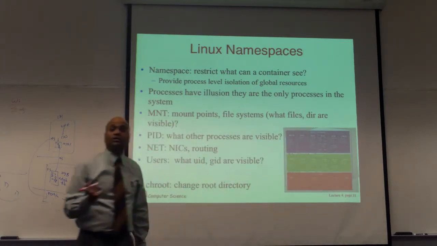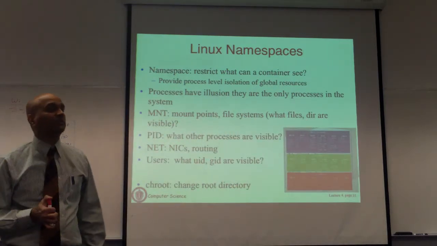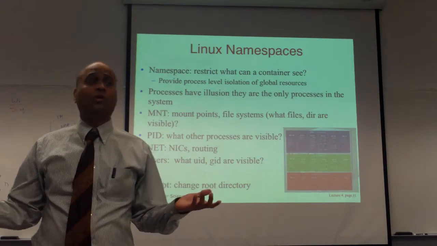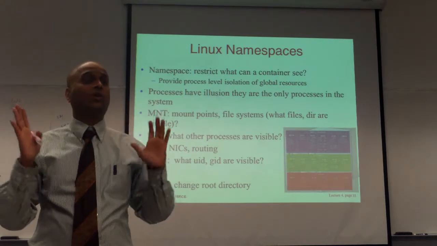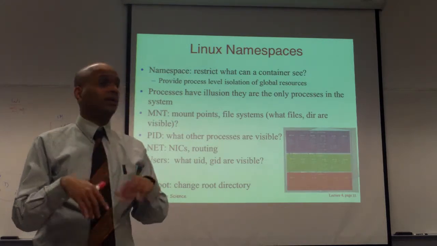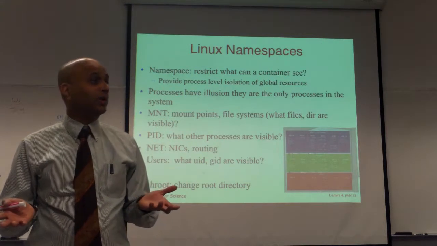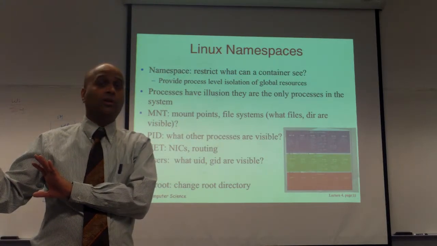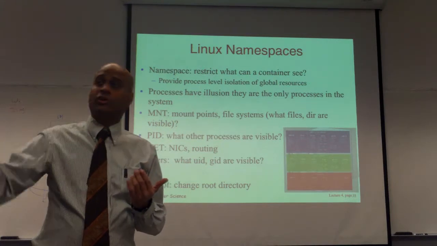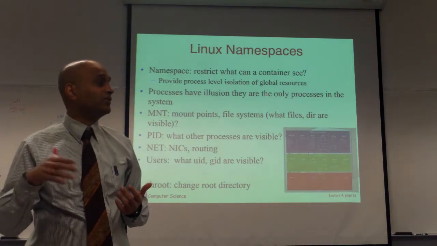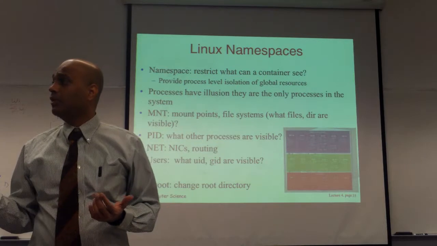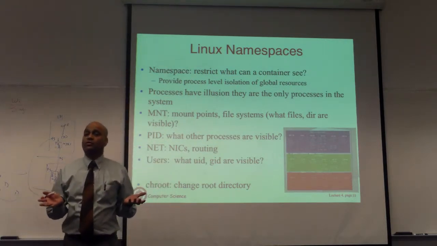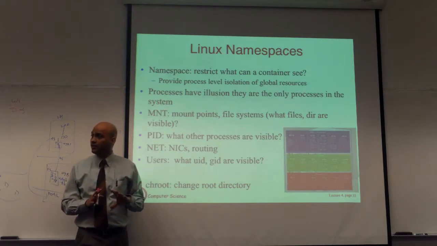So if you have 10 processes running, one of the processes inside a container cannot see the other 9. It will look to this process like it's the only process in the system. Inside the container, if you do ps or top, you don't see the presence of other processes. So this process cannot send a message to those other processes, it cannot see them, it cannot do anything. Now you are essentially implementing a sandbox by limiting what you can even see from a process's perspective.